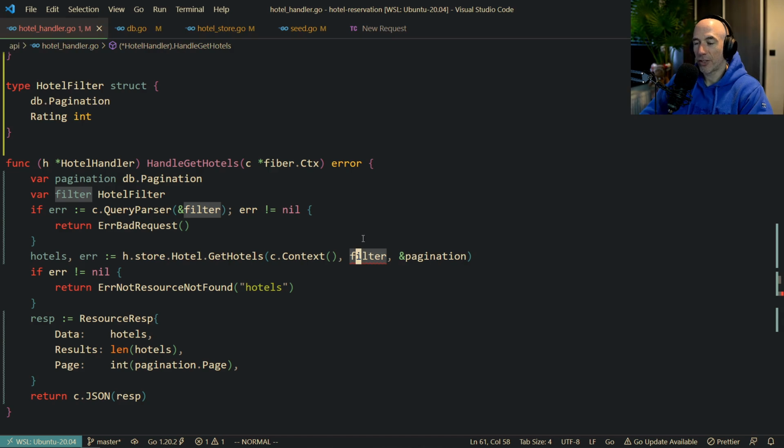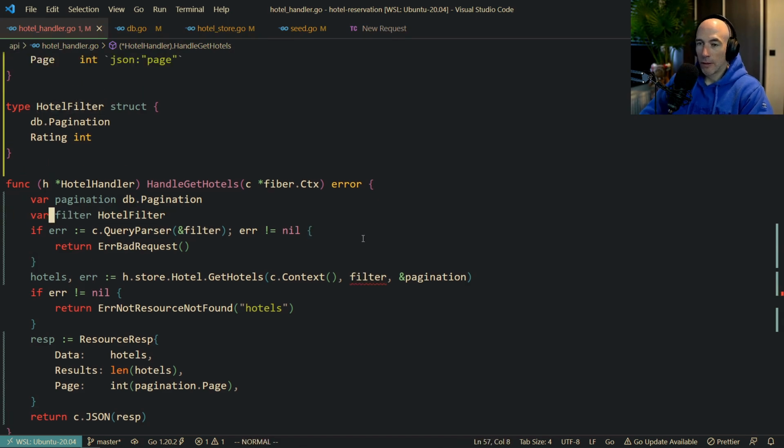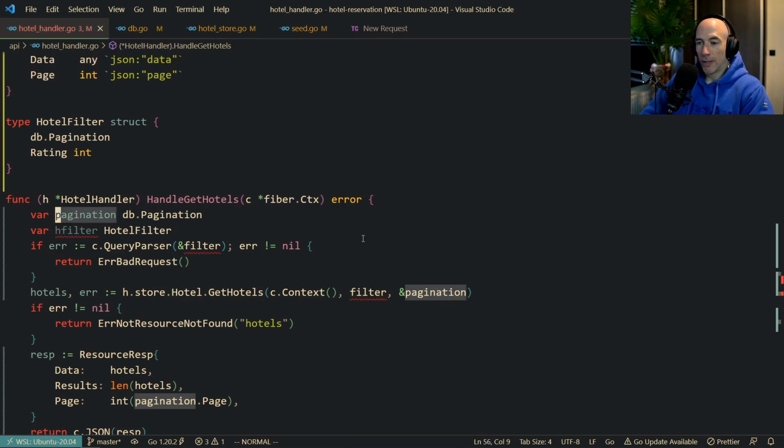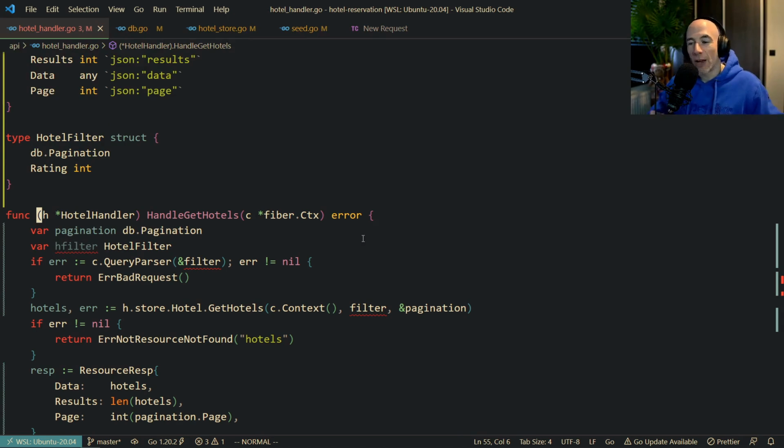Actually, to be honest, I don't like to make it generic. I want a filter to be strict, in my opinion. It's easier to make it generic with a map string int, with a map string any, but I think